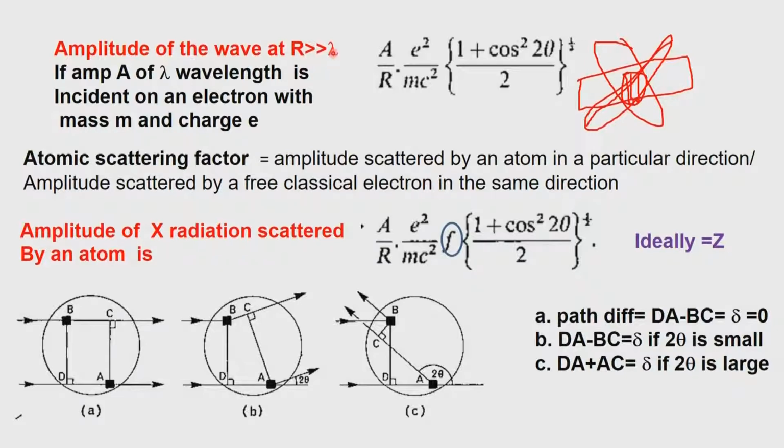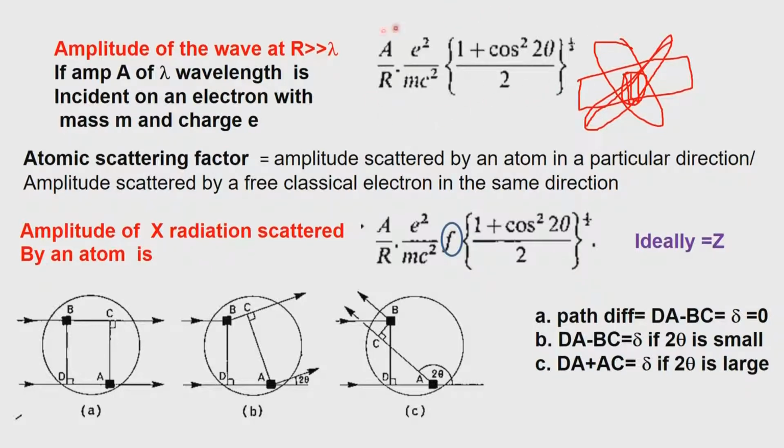R is very much greater than lambda. Remember, I am using this vector r to identify that we are observing this amplitude corresponding to the vector r, which is the scattering vector, which can be replaced in a single crystal by the capital H, which is our scattering vector, which is essentially 2 sin theta by lambda. So, it has to satisfy the Bragg condition. So, since it satisfies the Bragg condition, we get the spot.